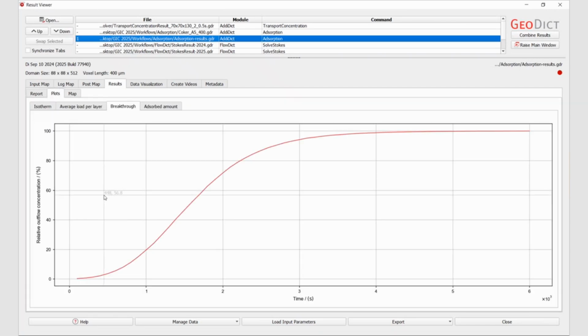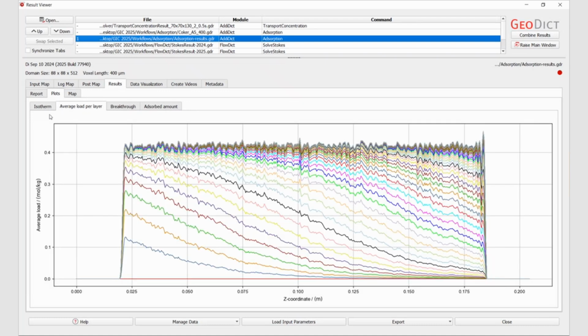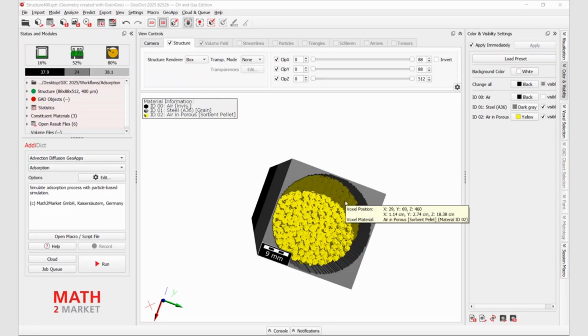So the main part of how the modeling of the geometry of this reactor would go is through observing and quantifying the outflow concentration with the breakthrough curve, and seeing how the load per each layer of this reactor changes with the CO2 stream. With that said,